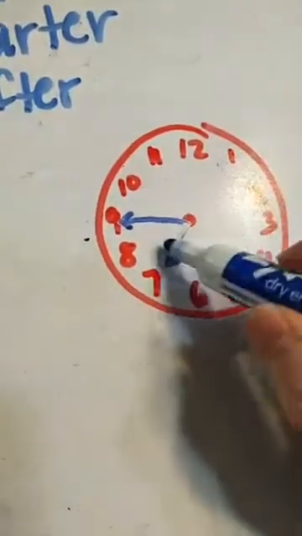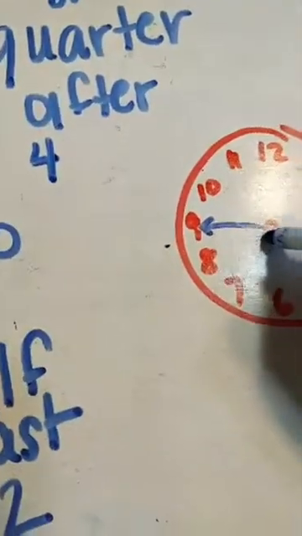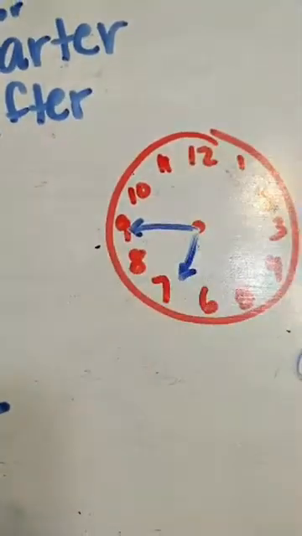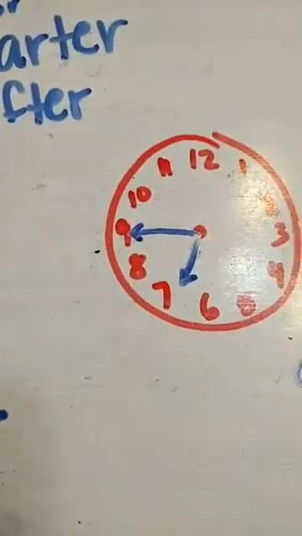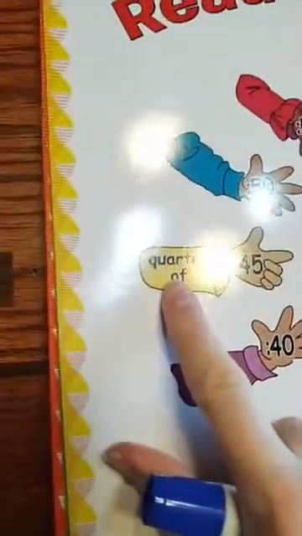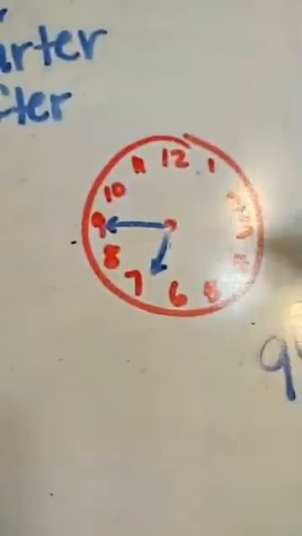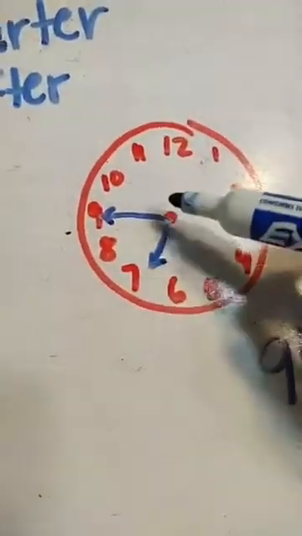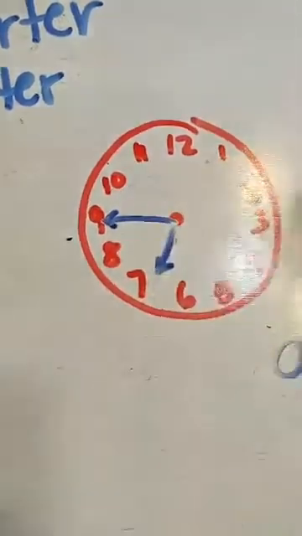My hour hand is just about pointing to the hour it's on, and the minute hand is pointing right at that 9. So quarter of or quarter till, the same thing, is 45 minutes. If I was going to write this digitally, it's almost to 7, so we go back to 6, and we say this is